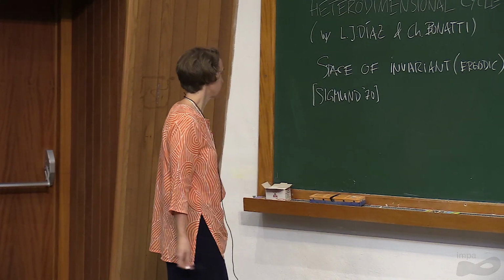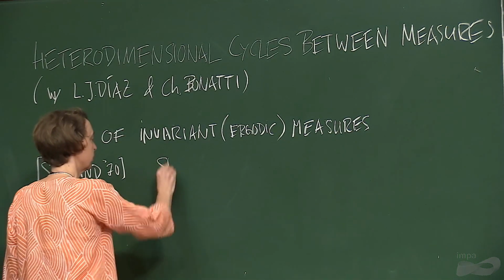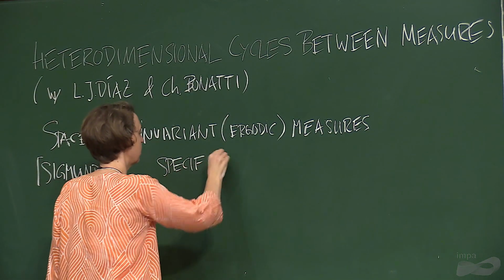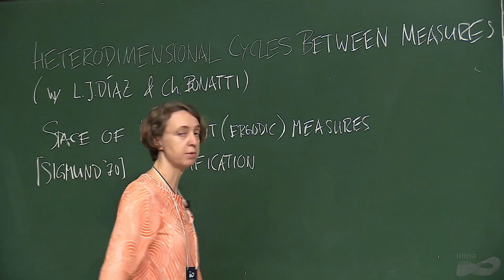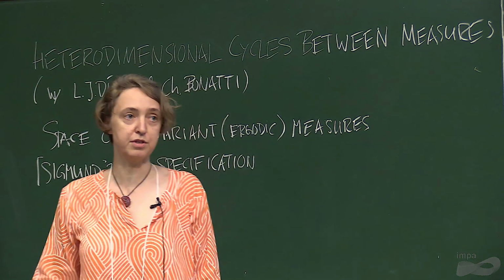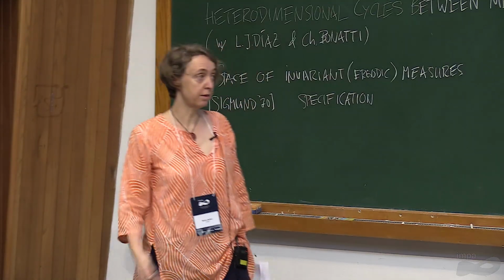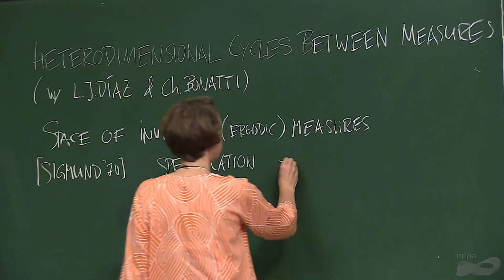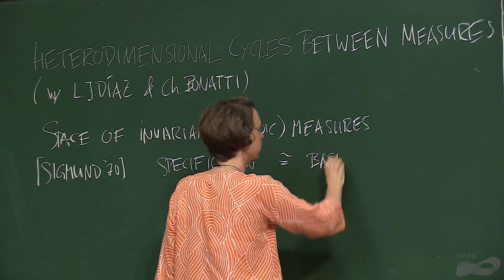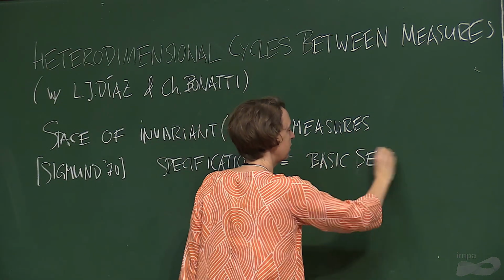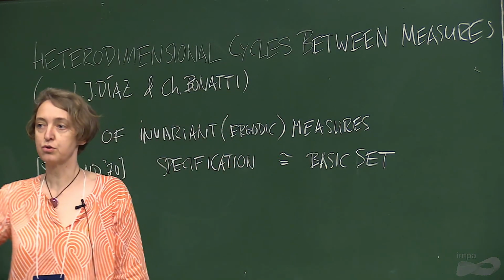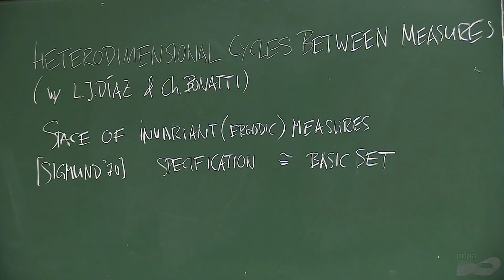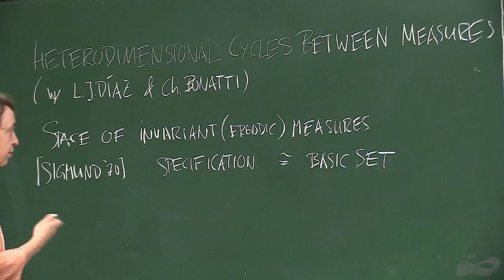One of the main results of Sigmund is that if you have a system with specification, I'm not going to define the specification property, which is an abstract property for a continuous map on a metric space, but in a set of diffeomorphisms, it essentially means that you have the dynamics of a basic set. If you have a basic set, then it's conjugate to a nice shift of finite type, and you essentially can describe all the dynamics of the diffeomorphism on the basic set by the dynamics on